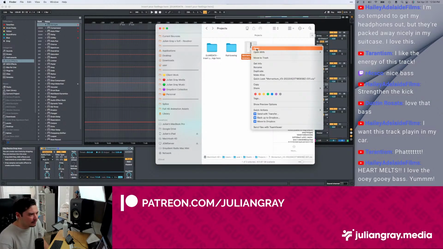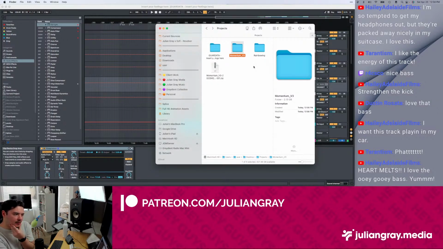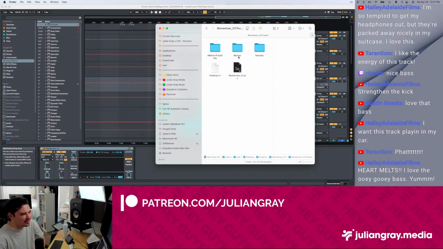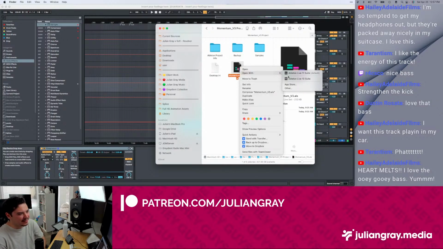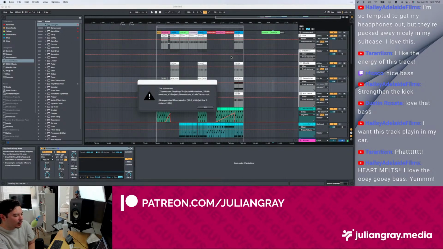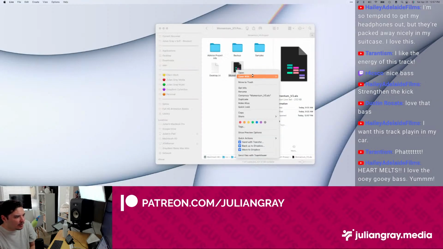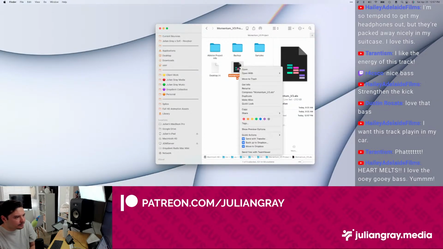I only ask you guys, if you submit project files in the future, try to annotate which version of Ableton you use, because I sometimes get projects in 10, sometimes in 11, and it becomes hard to manage and figure out which one is which if I'm switching between them. So let's go open in 10 first, and if it doesn't work, we'll move to 11. How about that? Okay, so this is in fact an 11 project, and this is why I want y'all to annotate them.